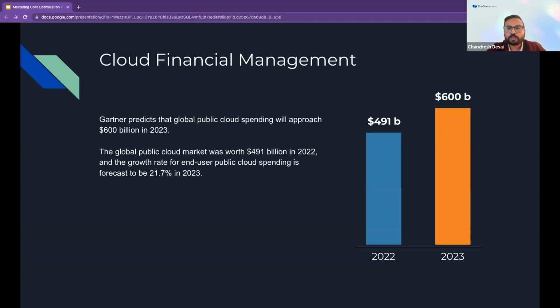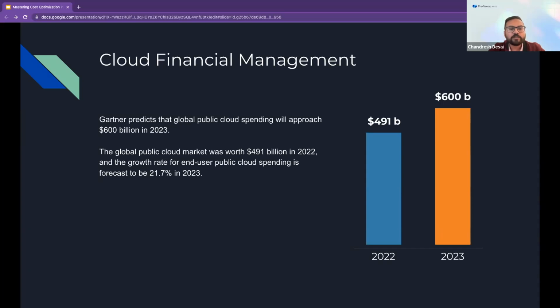In 2022, it was close to $491 billion, and that increased by 21.7%, which is a huge year-over-year growth on the cloud. So we can definitely see a good future, and most companies are moving or migrating to the cloud as an enablement.